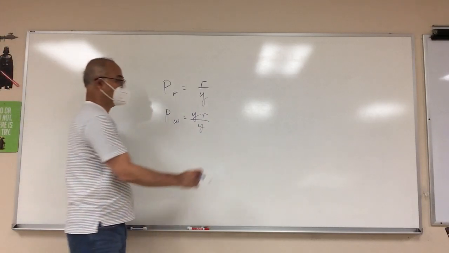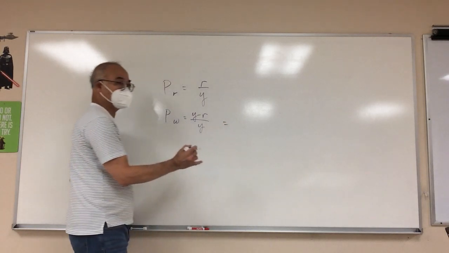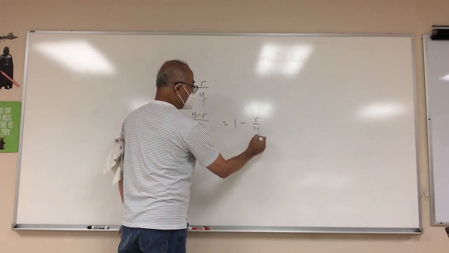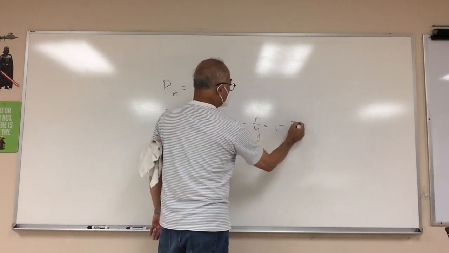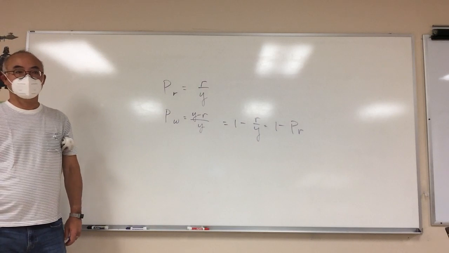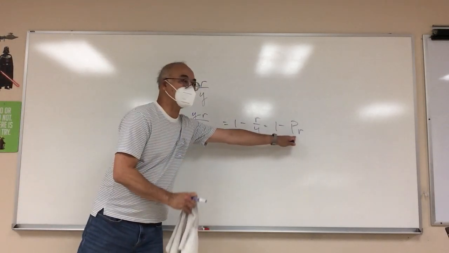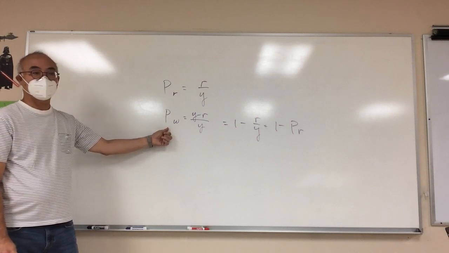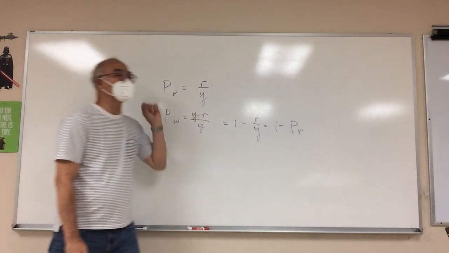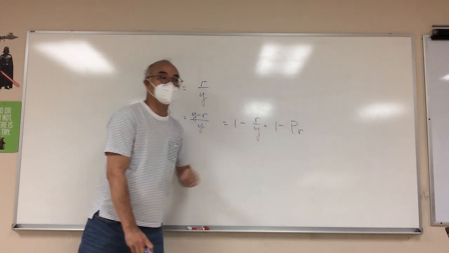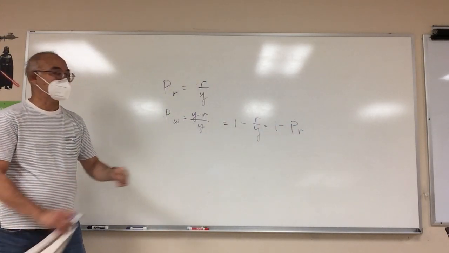Which is what? I do this, I get 1 minus R over Y. Which makes sense, because when I'm not picking red, I'm picking white. So if it's either red or white, and this is the probability of red, it's just 1 minus that. It's the complement of that,